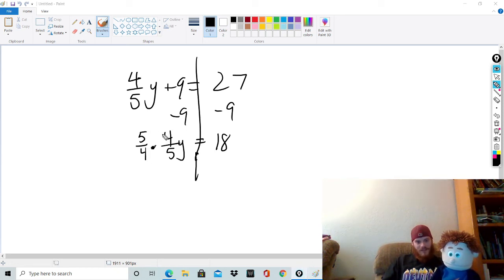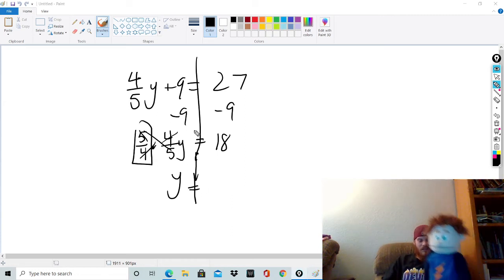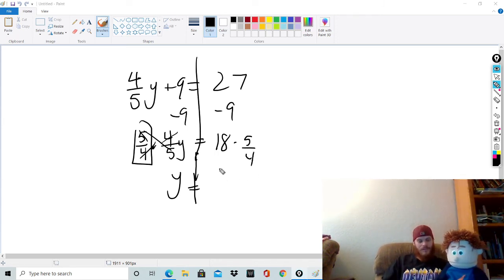Keep in mind, 5 times 4 is 20 and 4 times 5 is 20. You get 20 over 20, which is just 1. Exactly, you did what you're supposed to. So this canceled this part, and I end up getting just y. Now what did I multiply this side by? 5 over 4. Good, so what do I have to do over here? The same thing. So 5 over 4,